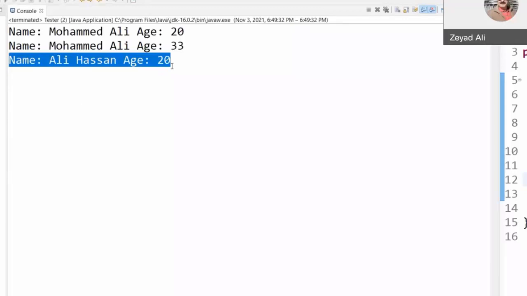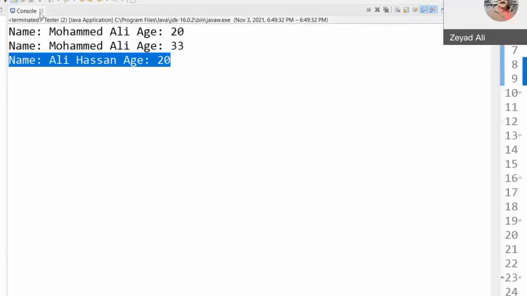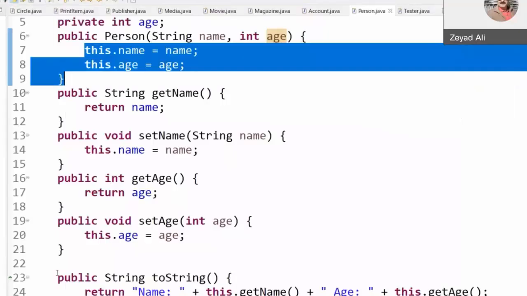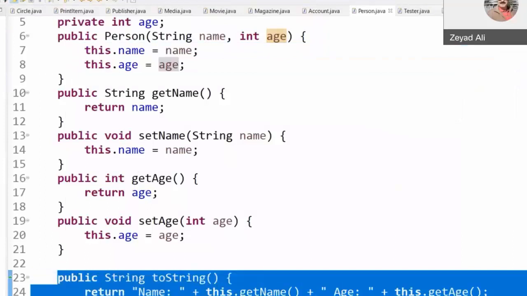Perfect. In this case, you need to override the toString method of the superclass. Override means change the way it works. You do not have to write it again from scratch. You need just to use override.